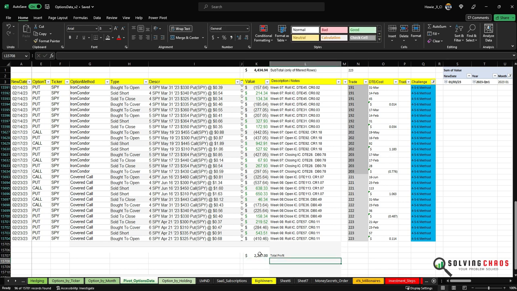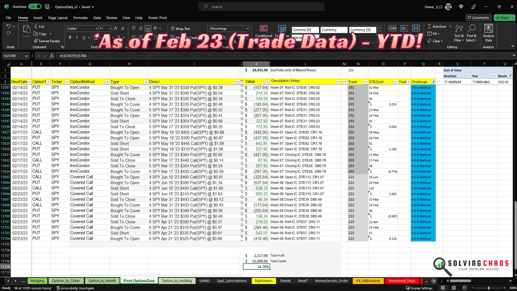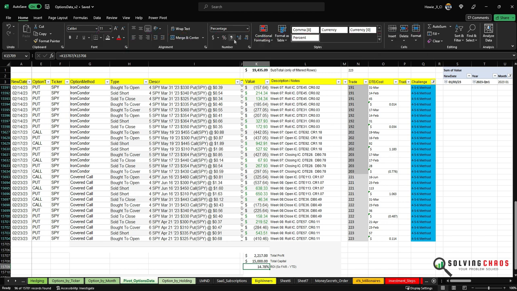Now, obviously, we're still early in the year. This portfolio, because it's a 456, uses $15,000 in total capital. What does that mean? If you take this number divided by that number, it tells you what I made so far. I made a 14% return so far. So this is the return on investment. Now, with the profits, I actually don't increase it because I'm doing the same trade all year. 4, 5, 6.